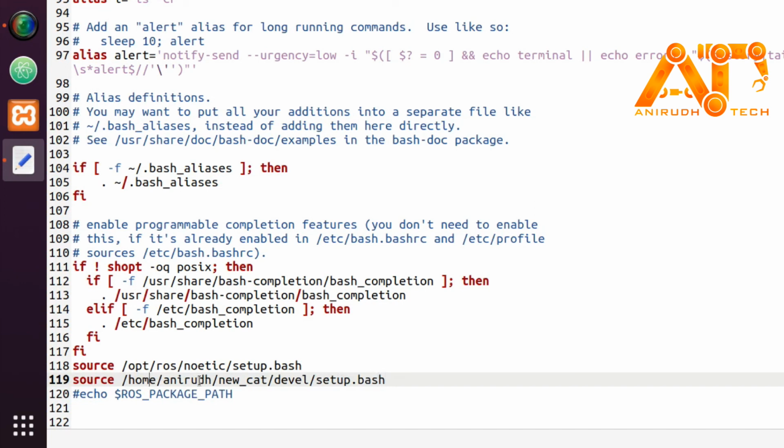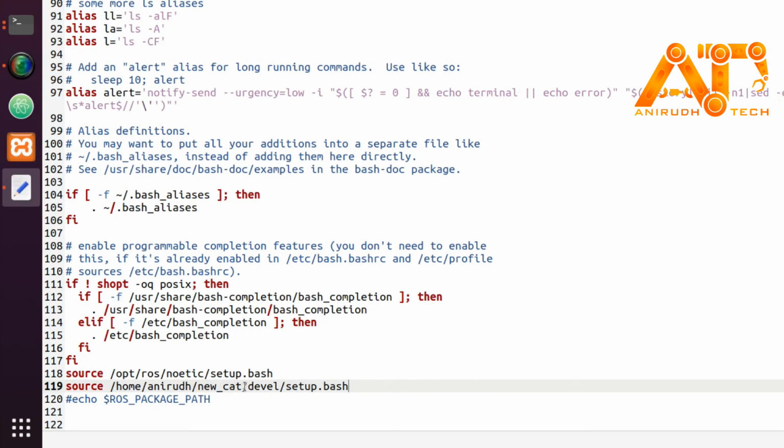Here I have given home, my username, that is my Ubuntu's username, and my package name, and all you can see here. Actually, this is the old workspace name of mine, and I can just change it with my new workspace, that is catkin_ws/devel.